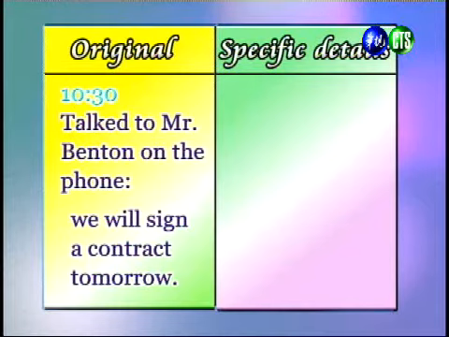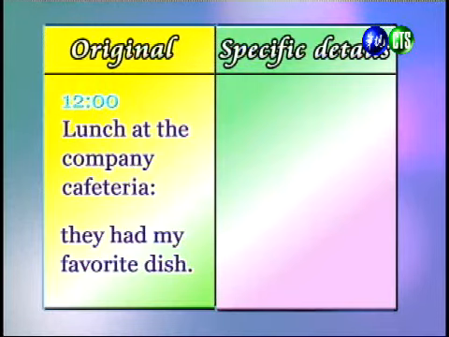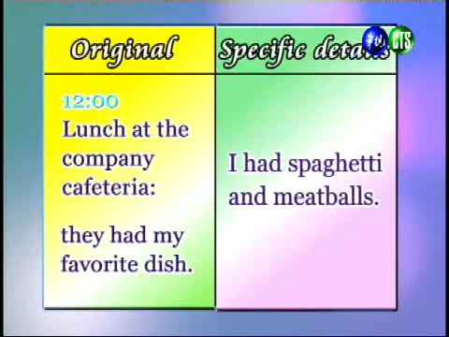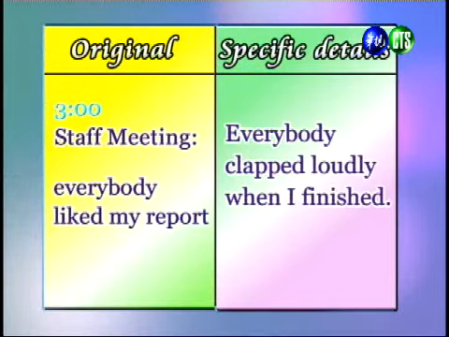Right, if we look at 10:30, this is another good event. 好，10点半，这是另外一件我们说的好的事情哦。So instead of just saying we signed the contract, we can add in that the contract is worth $1 million. 好，那我们只说我们将要签一份合约哦还不够哦，我们可以多加一些细节，像是这份合约是价值100万元。All right, at 12 o'clock, this is another good event, and he's at lunch now with his favorite meal, and the specific detail that we can add is I had spaghetti and meatballs. 好，12点的时候在餐厅吃到他最喜欢的一道菜哦，那我们这时候可以把它加入细节说，这道菜就是通心面哦，加上肉丸。